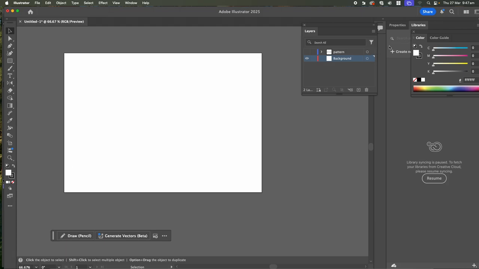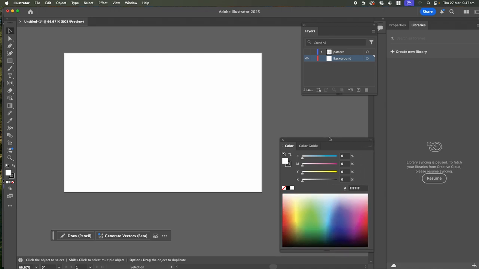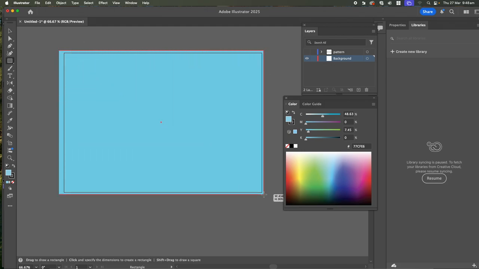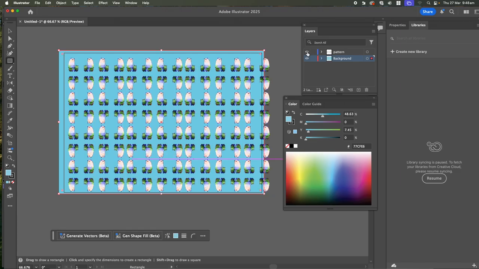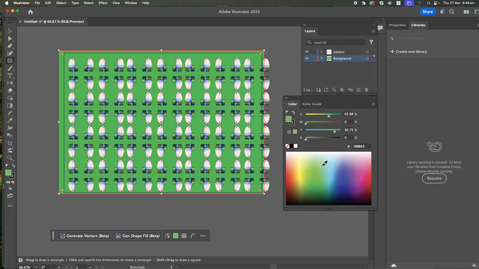Or you can just randomly, this is your design now, you can start choosing a colour and just experimenting with a background colour. So if I put an object on, just a square across the whole thing, and then switch my top layer on, you can see that now I can switch the background colour very easily. I can experiment. Because I've got the background object selected, I can very quickly create a number of different variations